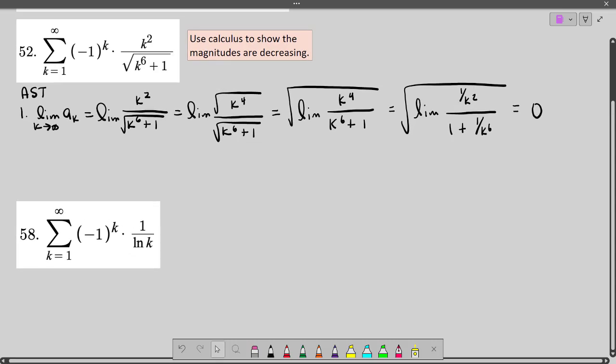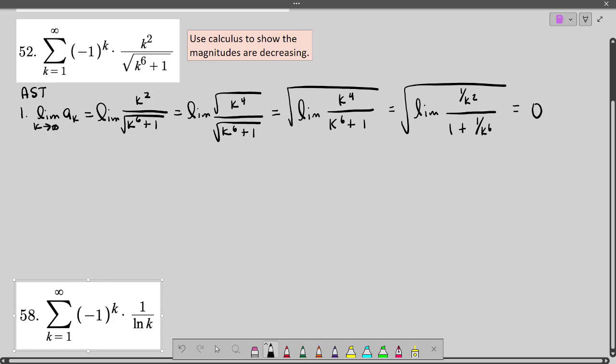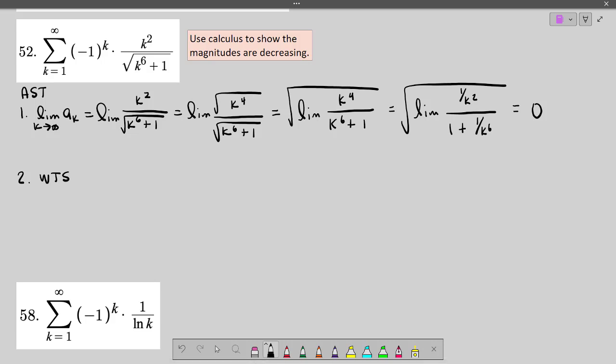So now the next piece is more subtle. Again, if you tried to do it algebraically, it would be kind of a headache. We want to show that this is decreasing. We want to show that the a sub k's are getting smaller in magnitude. That's what we want to show. Doing it algebraically is kind of complicated, so we're going to do it with calculus. So what we're going to do is consider y equals,